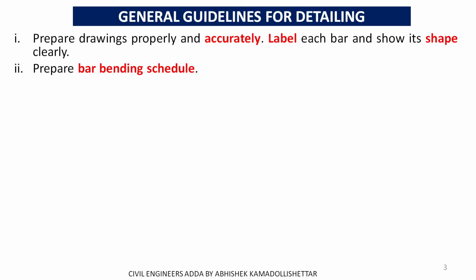Preparation of bar bending schedule is to know the quantity of steel that is required for the building construction, or how much quantity of steel is consumed, or how much quantity you have to order. All those things you need to know, because you will be having different sizes of bars. You need the correct amount of quantity in terms of kg or tons to order. That we will see in our next video. I will prepare a bar bending schedule separately for beam, column, and various other structures.